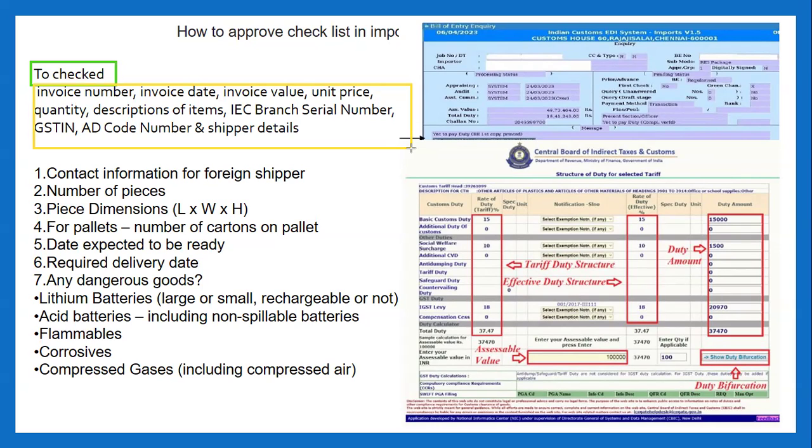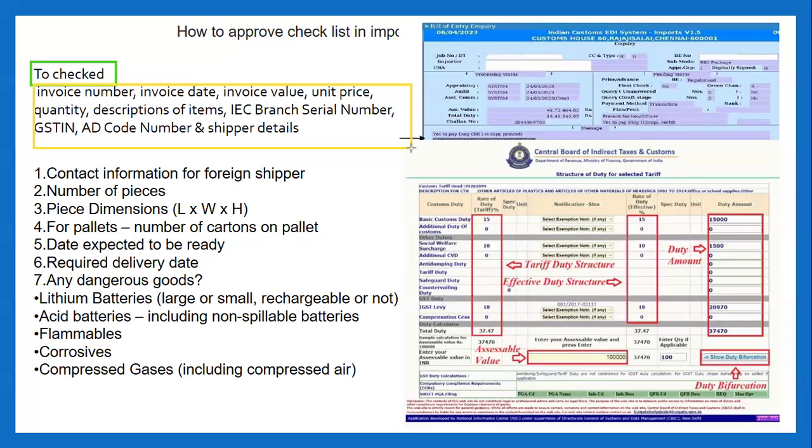Once the carrier submits the IGM to customs, this bill of entry will be reflected. Before this process, we have to check the checklist. First, the CHA freight forwarder provides us the draft copy of the bill of entry, which is called the checklist.